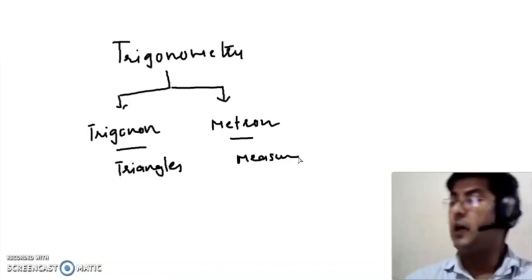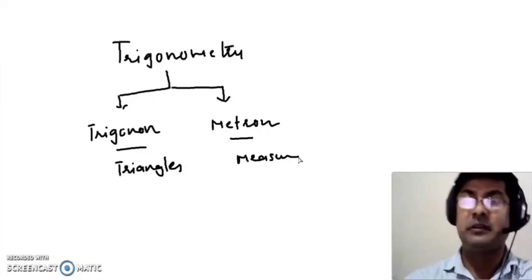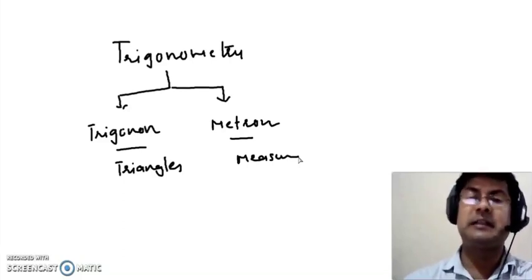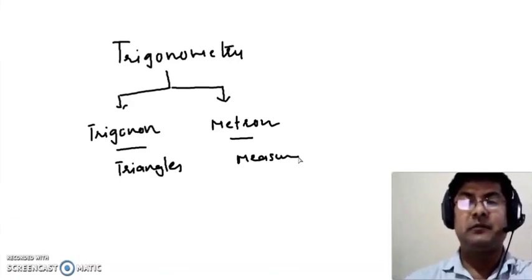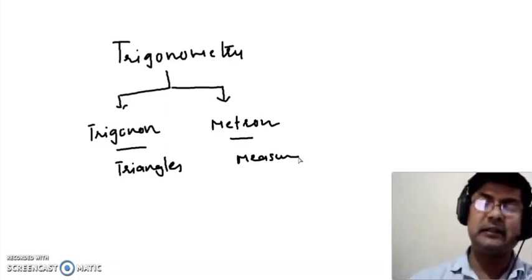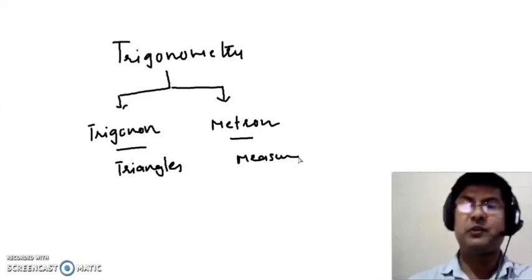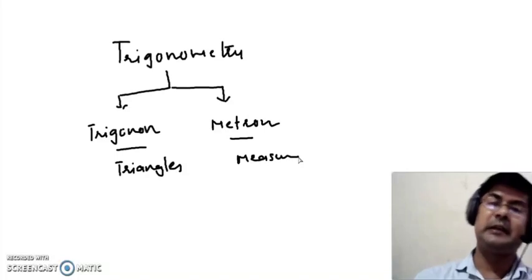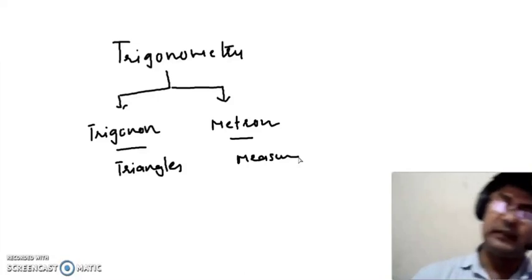Clear? Now in this chapter, the title is measurement of angles. Till class 10, we have been measuring angles in one unit, that is called the degree. Yes or no? 30 degree, 60 degree, 90 degree, etc. We have seen various types of angles from the lower classes onwards: zero angle, acute angle, right angle, obtuse angle, reflex angle, complete angle, etc.